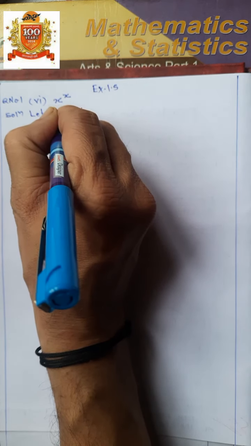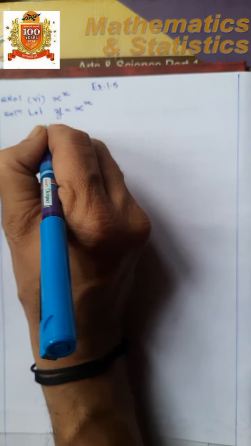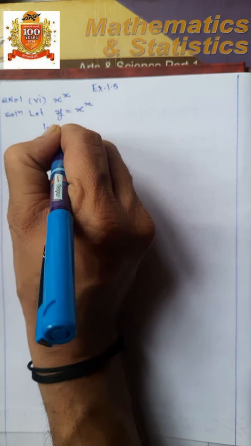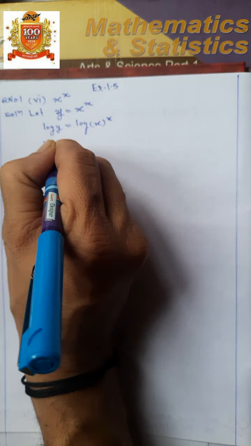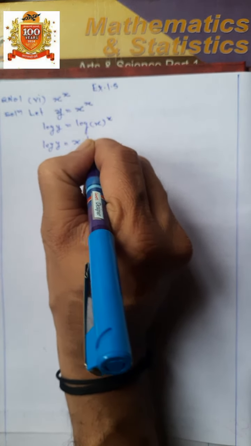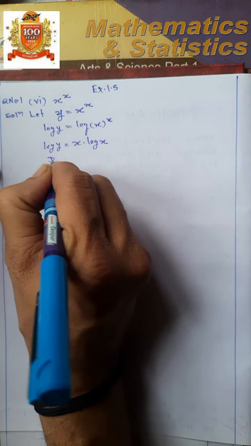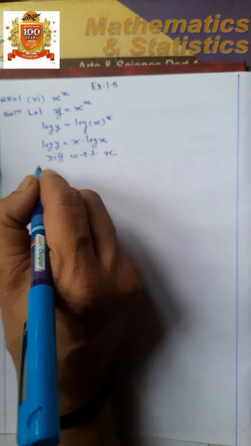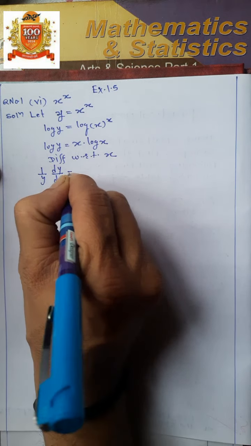Let y is equal to x raised to power x. Taking log on both sides, therefore log y is equal to log of x raised to power x. Therefore, log y is equal to x into log of x. Differentiate with respect to x. 1 upon y dy by dx is equal to